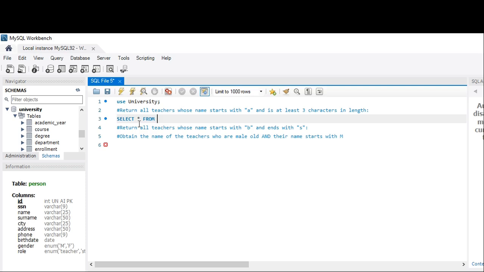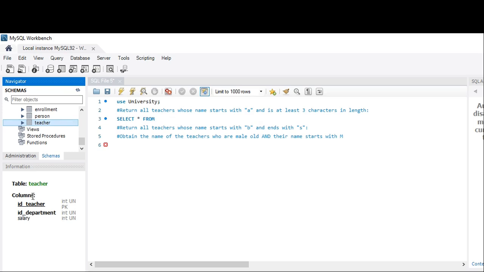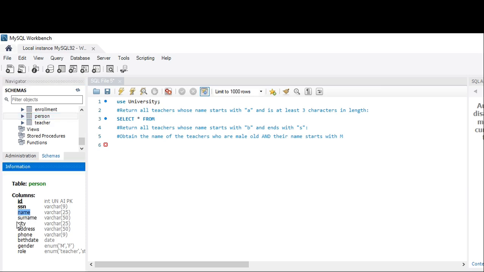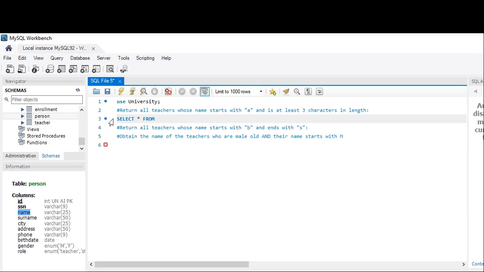We would have used select all from teachers if we had the teacher name in the teacher table, but we don't have the teacher name in the teacher table. So we're going to call the teacher name from the person table. Here we have the teacher name, surname, and the details of the teacher. So select all from the person table